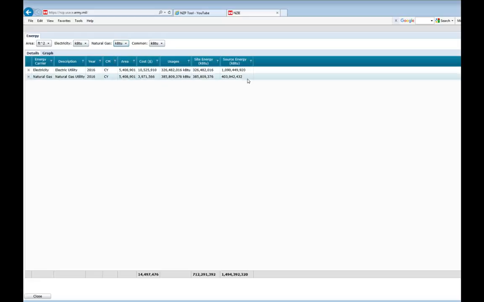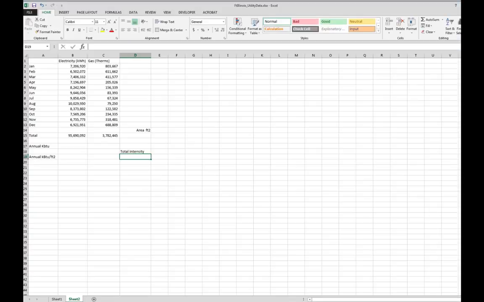So what we're going to do is we have this information here in kBTUs, and we have this area here, and what we want to do is see how that compares to that 120 that we found from our simulation results. So what I've done is I've taken the kilowatts and therms just to see that those numbers did add up to what we had, and we wrote down